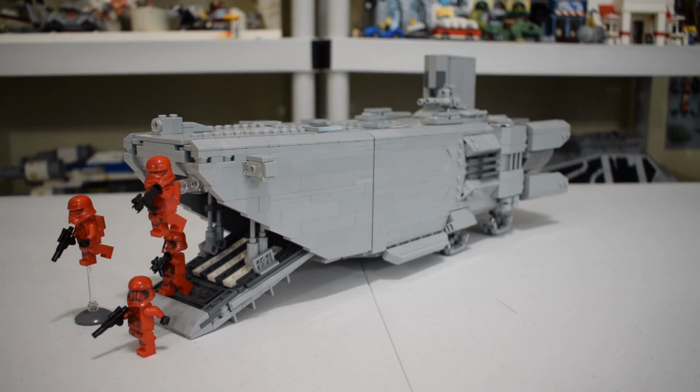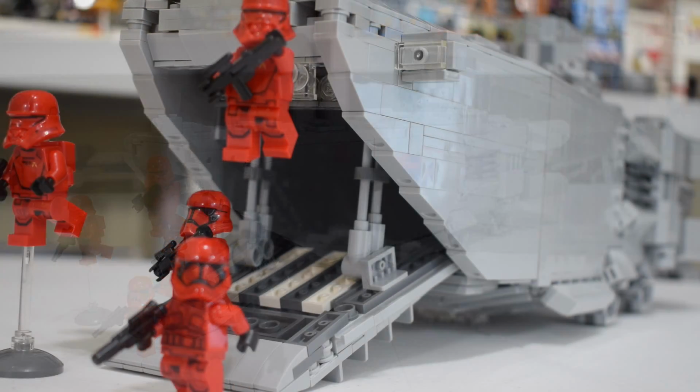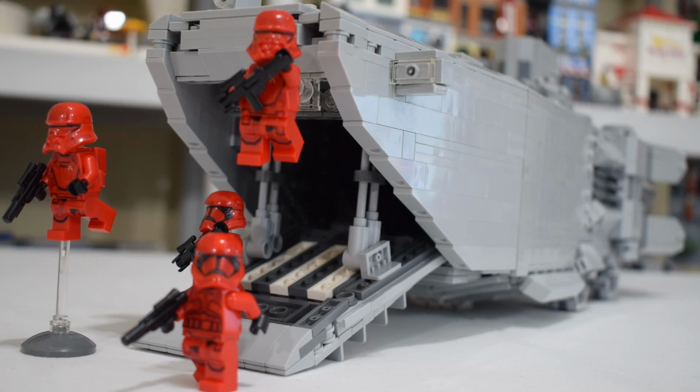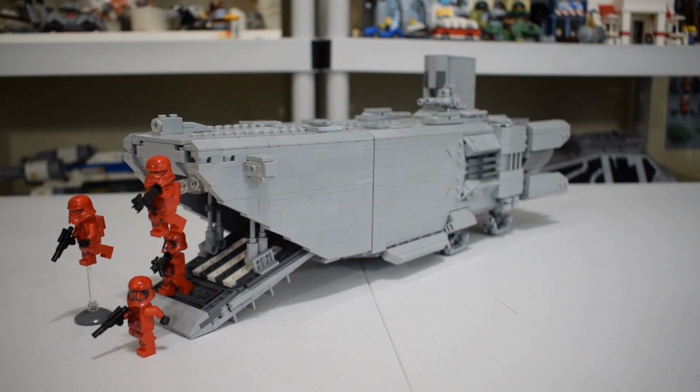Hello boyos, Rich Boy J here, back in with another video, and this is going to be a review of my minifigure scale First Order transporter MOC. It has 2,300 parts, it is 17 inches in length and 7 inches in width, and I actually sell the